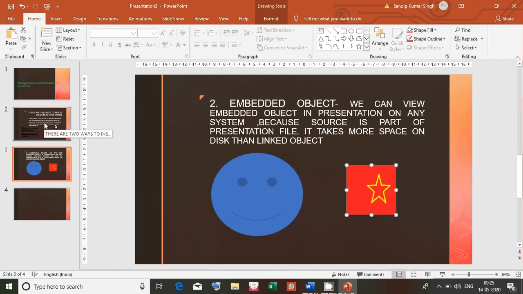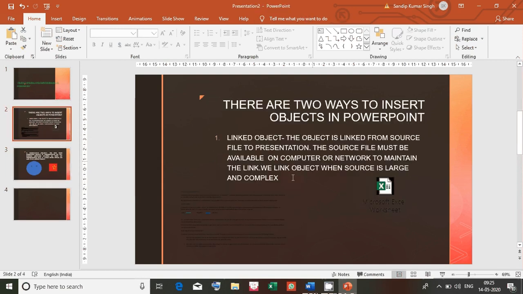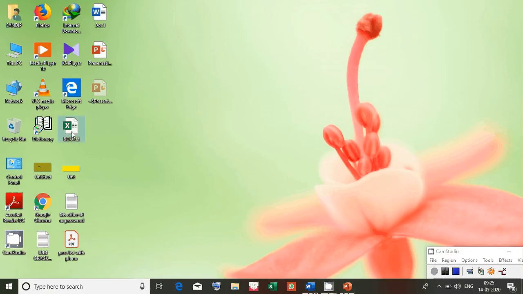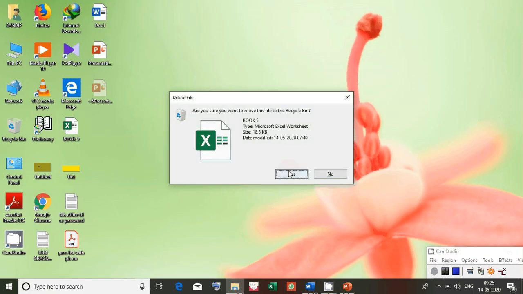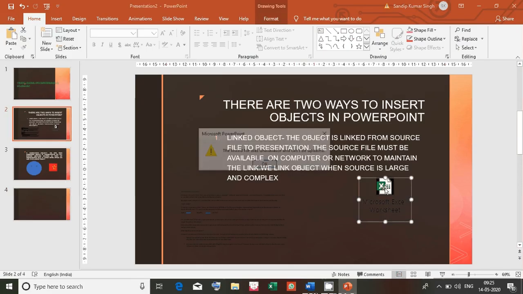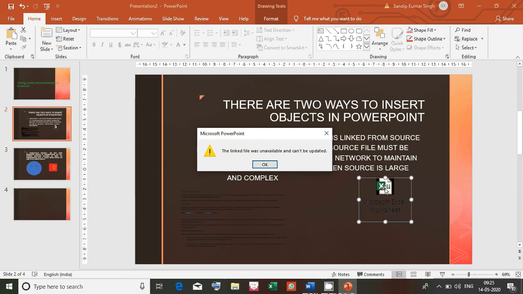Okay, but when you go back, see, this is our Excel file. If I delete Book 5 from the desktop, will I be able to see the file once again? Let's come back, double click, see, the linked file was unavailable and can't be updated.